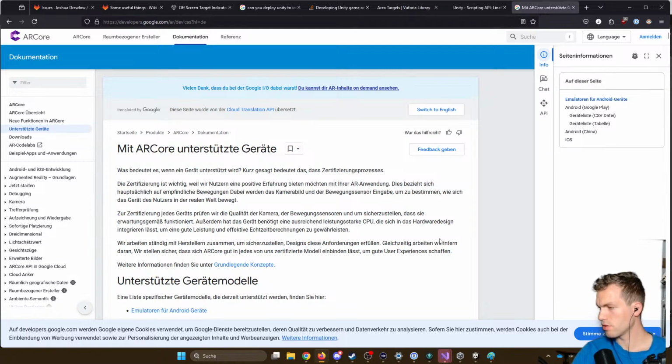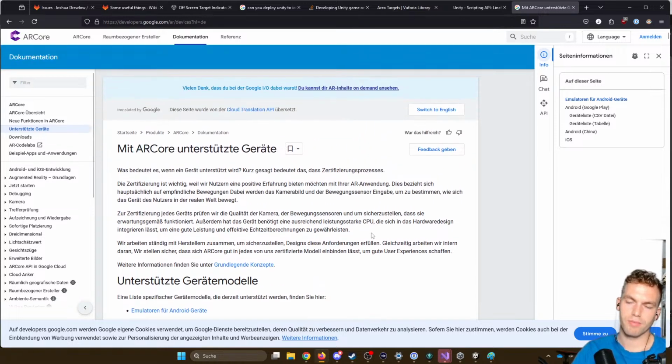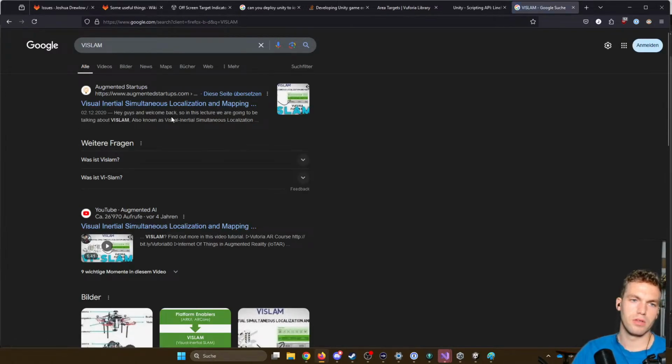I think the phones which have depth API support can run the AirCore app. Also, phones that do not have depth support can work with AirCore. If you look a little bit at the concept of how AR works, you don't necessarily need depth data. If you look at the concept of vSLAM, visual inertial simultaneous localization and mapping,